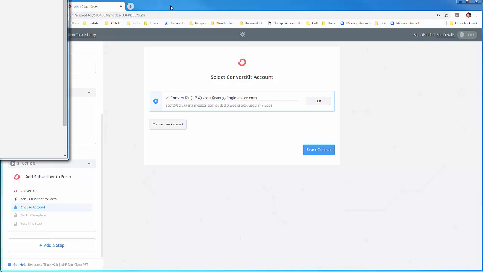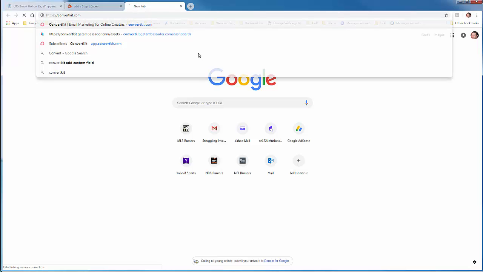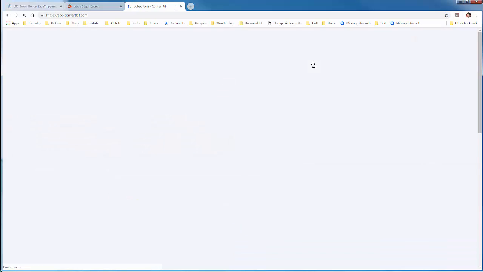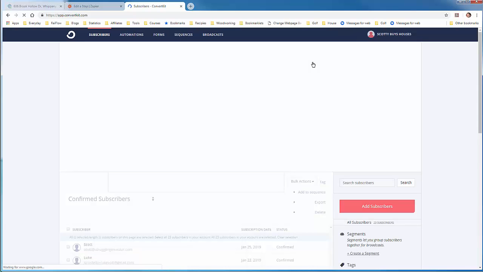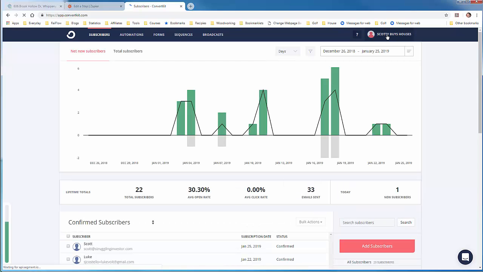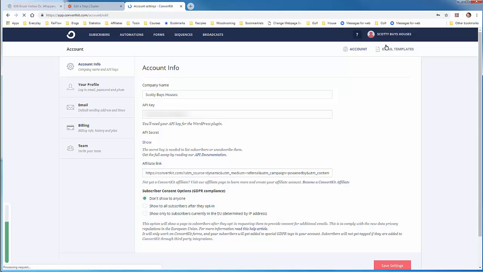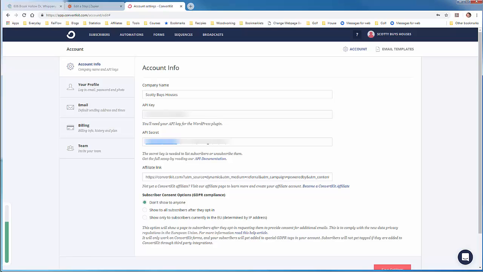So if we click on plus, get in the tab, we'll go to ConvertKit, log in, go to our account settings, and then your secret will be down here. It's hidden, so we have to click the show icon, the show link, and we can highlight this, copy it,